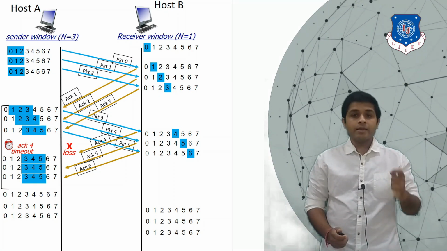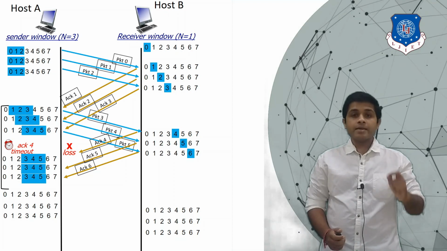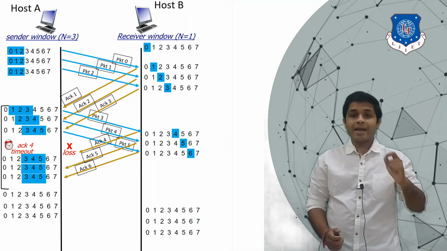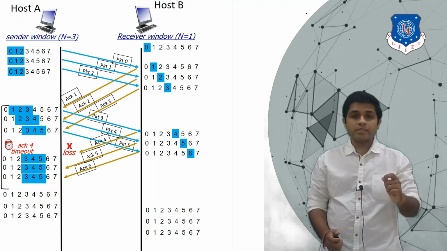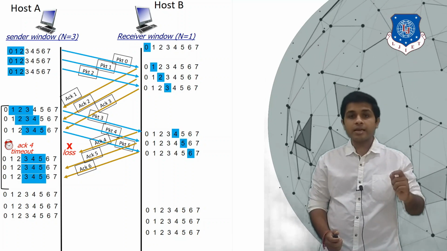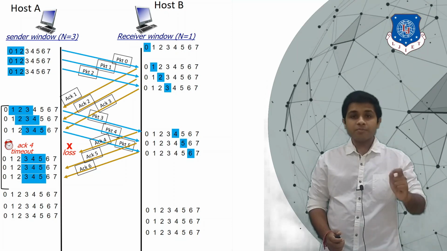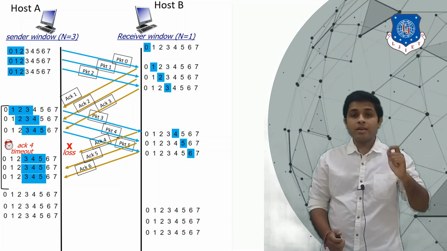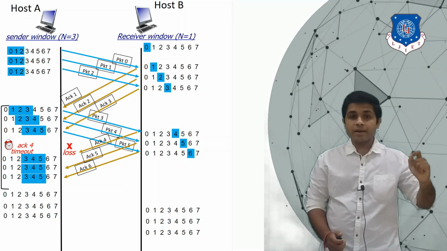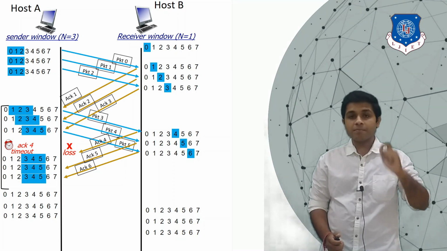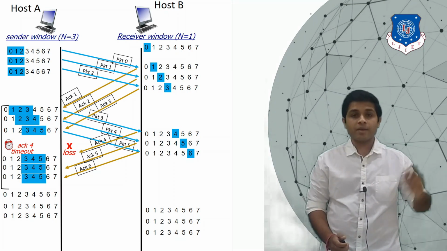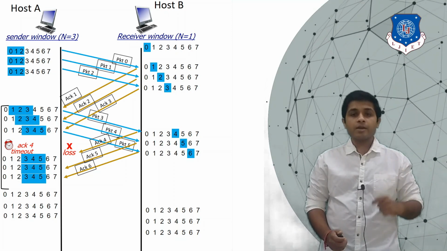And we know that it is the go back n protocol. A will go back n steps from the last transmitted packet and it will send the whole frame again. This is go back 3. It means that A will go back 3 steps from the last transmitted packet and it will send the whole frame again. So which packet was sent last?